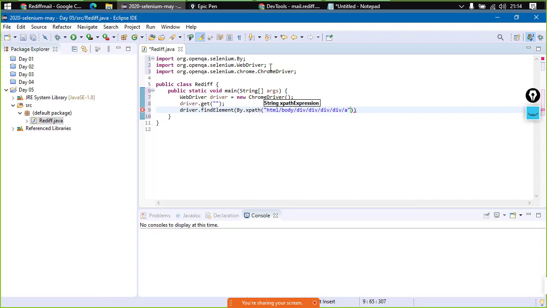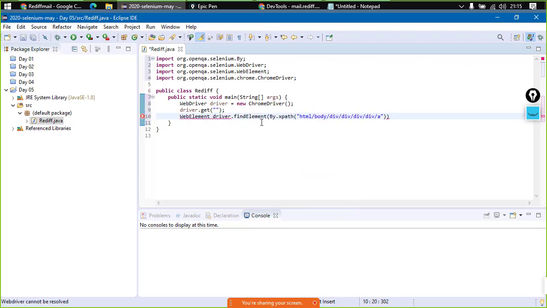Now let me store this inside something, say WebElement homepageLink equals driver.findElement with this. Now this is done. We can try clicking on it. So homepageLink.click, and we are done.